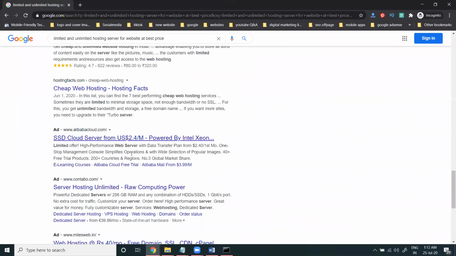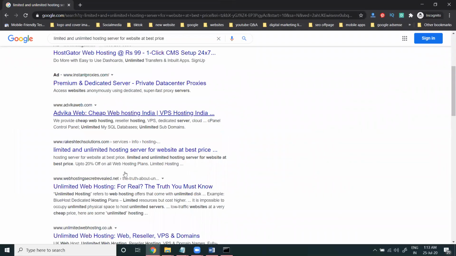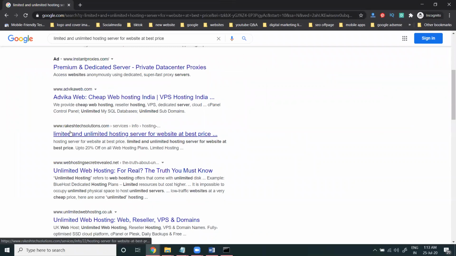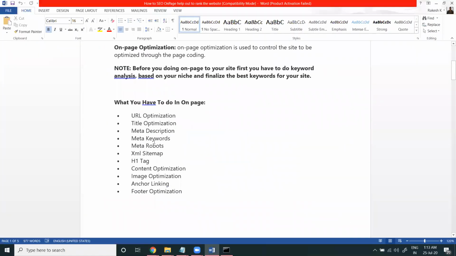This all will be SEO off page. Now, which one am I done with? SEO on page I'm done. So when you start promoting, we can use the SEO off page option. So it is done here. That is, we can do it for title, description and keyword. Meta robots, robots.txt is important. XML sitemap is also important.